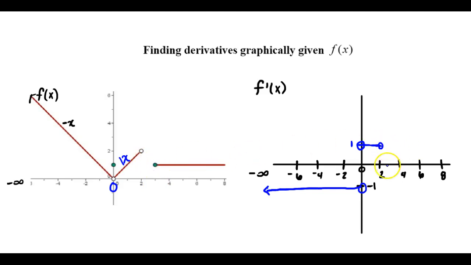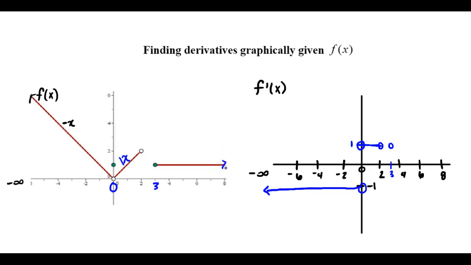So from 2 to 3, there's going to be a gap. There's not going to be anything there. So if there's no values, there's no limits, there's no continuity, that means there's no derivative. So I have to just skip all the values from 2 to 3, and that includes at 3. So there can't be a derivative right here at 3, right? There's not even a left part to the function. But picking up from 3 onward,